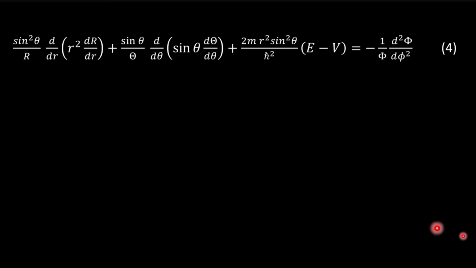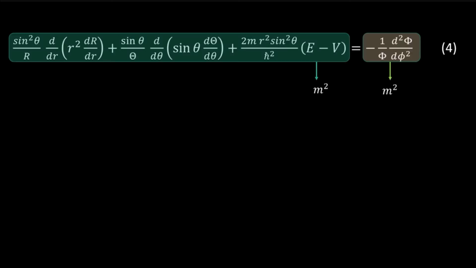Now the left hand side of this equation does not have any terms involving phi, while its right hand side has only a phi dependent term. This equation can be correct only if both sides of it are equal to some constant, since they are functions of different variables. So let's call this constant m squared. Thus, after rearranging this, we have an expression like d squared Phi by d phi squared is equal to minus m squared Phi, from the right hand side of this equation,